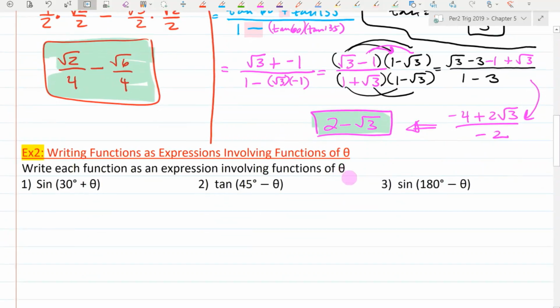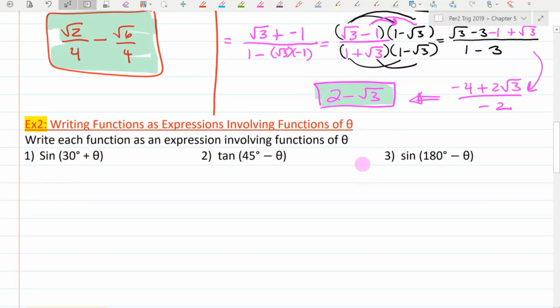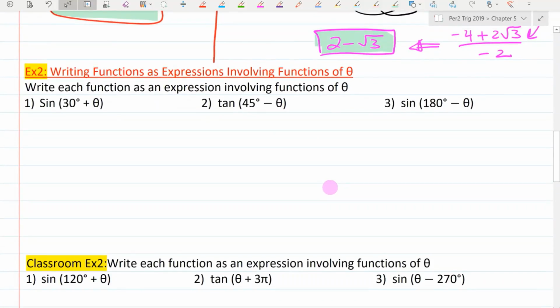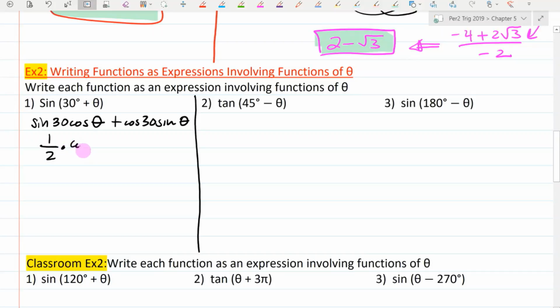Let's go ahead and do the next ones. These are pretty easy in my opinion because you're just plugging in numbers. They're on the x or the y axis, and then usually you can reduce them. All right, so here we go. So sine of 30 cosine of theta plus cosine of 30 sine of theta. So sine of 30 is 1/2 times cosine theta. Cosine of 30 is radical 3 over 2